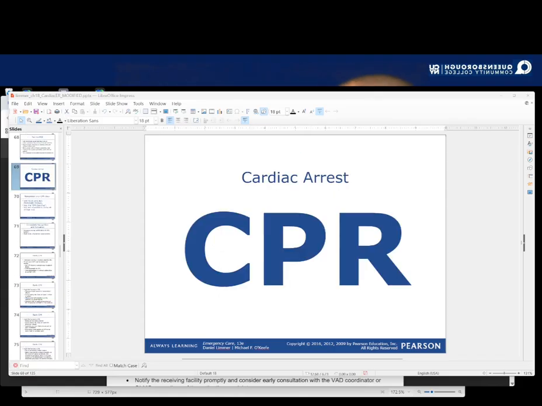I've been talking for 3 hours straight, pausing only to take cough drops and sips of tea, and we're only on slide 69, and there's 135 slides. So how much longer is this lecture going to last? The answer is only about a minute longer, because the last section is cardiac arrest CPR, and you are already experts on CPR, right? You are eligible for the American Heart Association CPR card. You passed the CPR practical skills exam. You passed the CPR